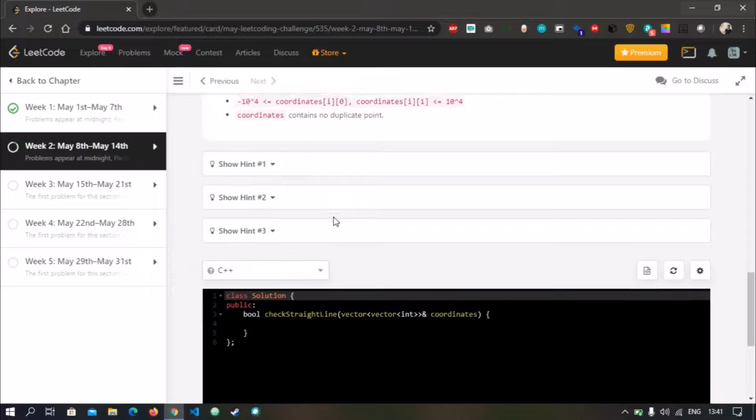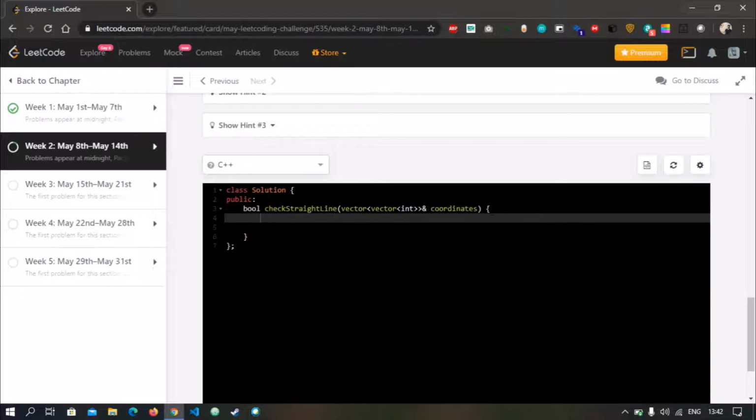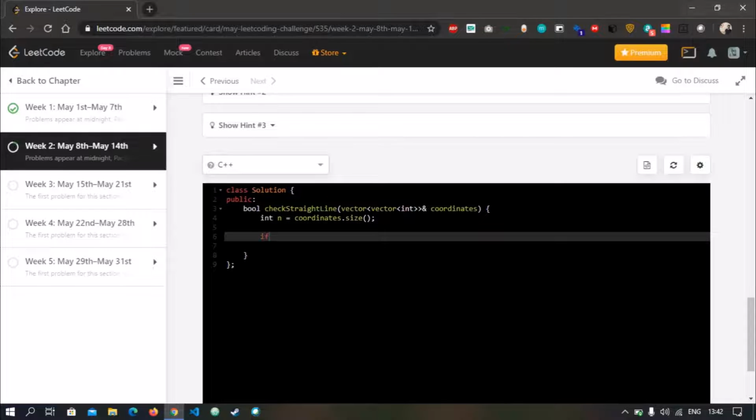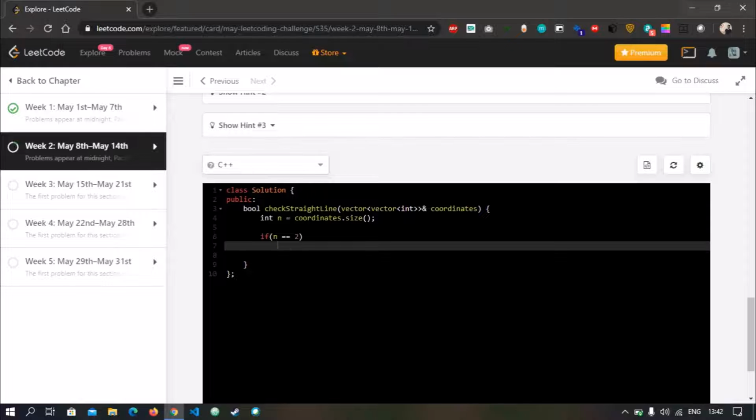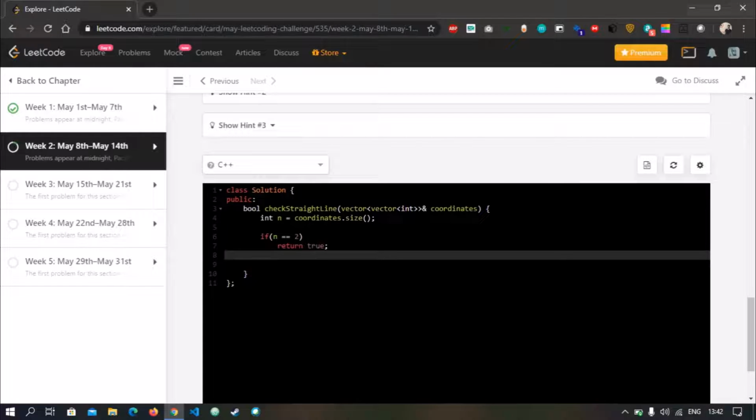Let's code this. Let's get our coordinates array size, which will be n. If the size of our input array is 2, we just return true, because only 2 points are always collinear.